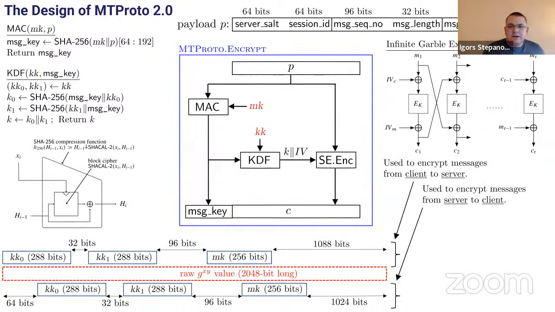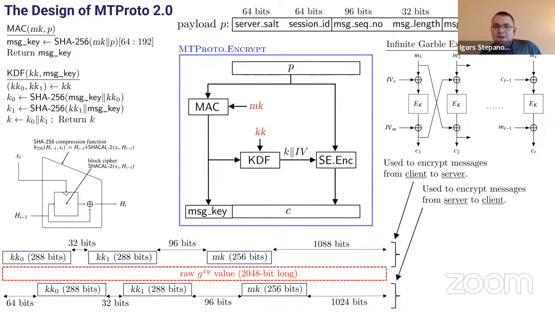Okay, so now to finish the discussion about the construction, in our work we managed to prove that the variant of MTProto satisfies some form of authenticated encryption, but this comes with many caveats. Our formal definition of MTProto deviates from the actual real-world construction or simplifies it in several ways. For example, we have to assume that the output of the Diffie-Hellman key exchange, g^xy, is a uniform bit string.